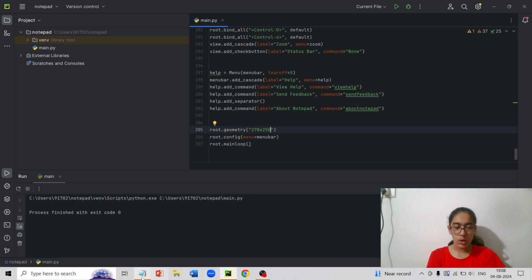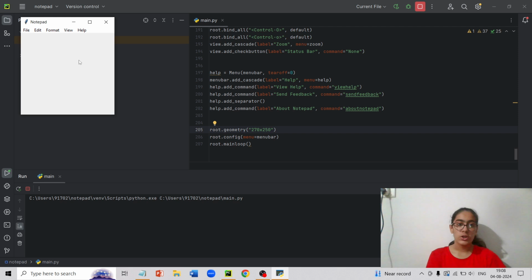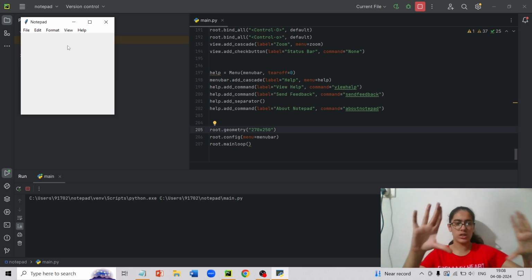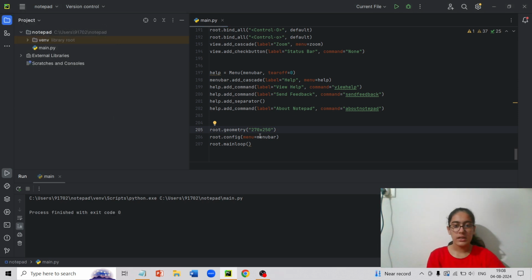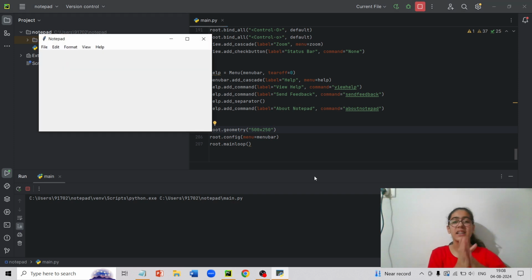So let us see what this root.geometry does. Right now, as you can see, this root is in a box type of format. Next, let us put in 500 into 250. What do you think will happen? It increases its length. So the first one is length, the next one is width.